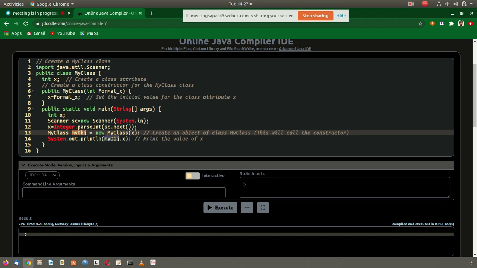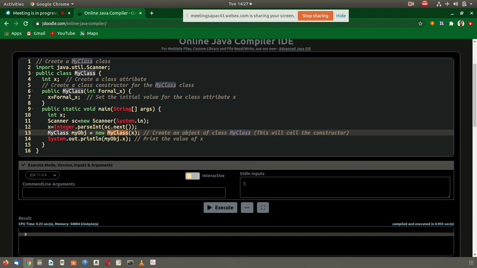So in this particular line we are creating the object using the constructor: MyClass obj is new MyClass. That is the constructor, and x is a parameter passing to the constructor MyClass. The constructor is generally inside the class.